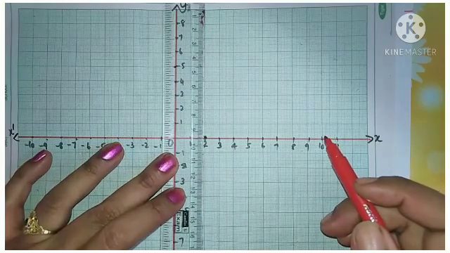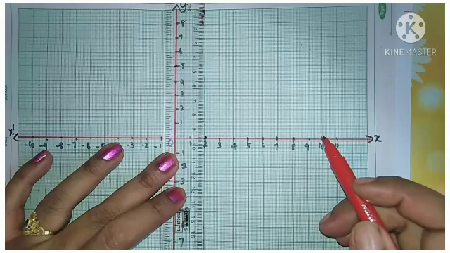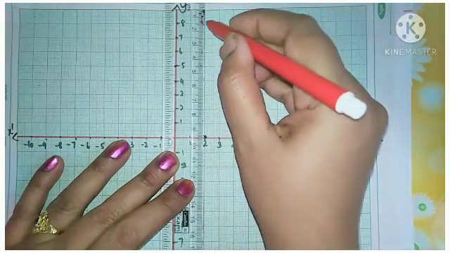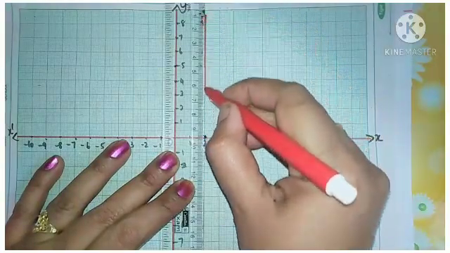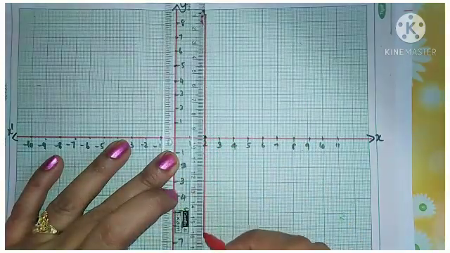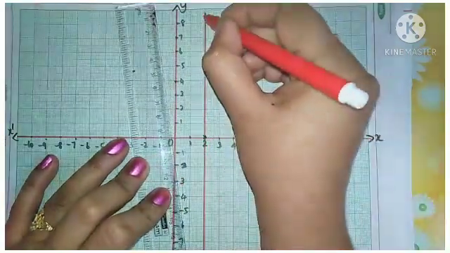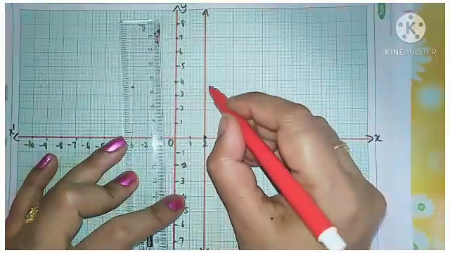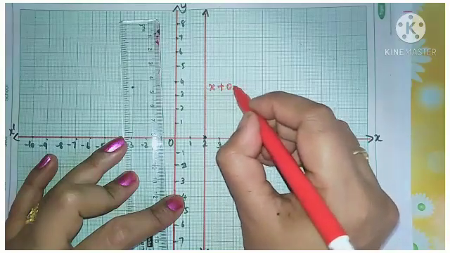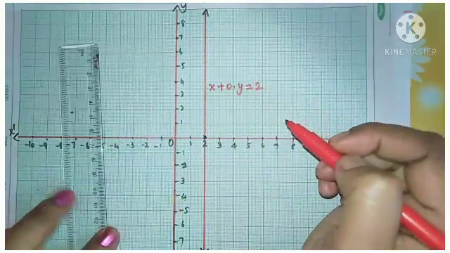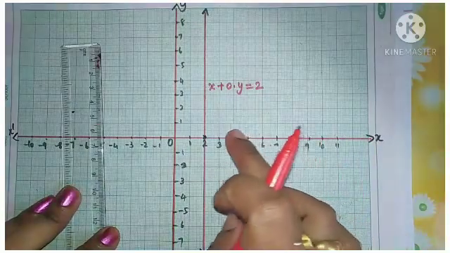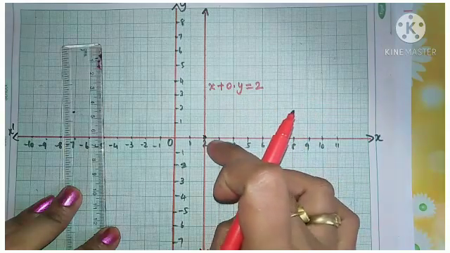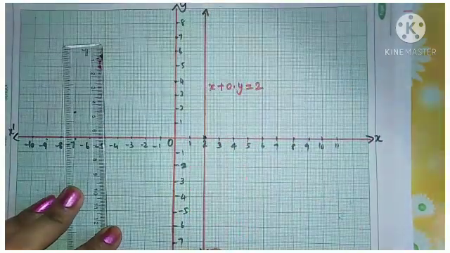So the graph we want to draw is through this coordinate of x. Through this coordinate of x, we want to draw a line through x equal to 2. Understand? And this line that we draw is the equation x plus 0 into y equal to 2. So this is the graph for this equation in two variables, that is x value is 2, and through this you can draw the graph.